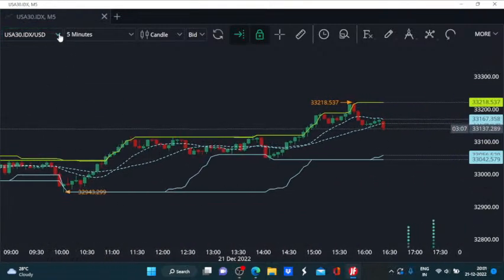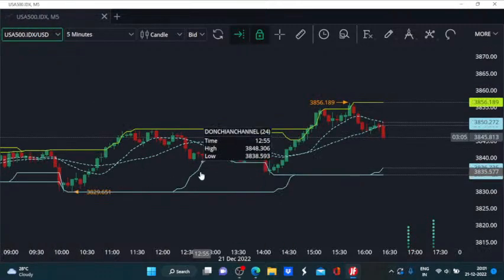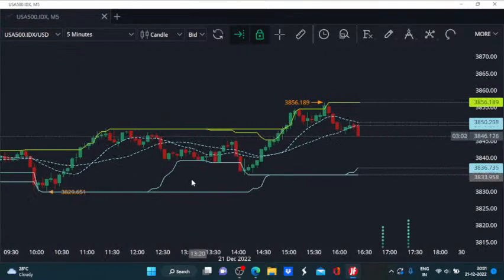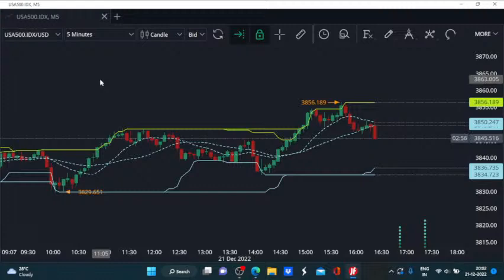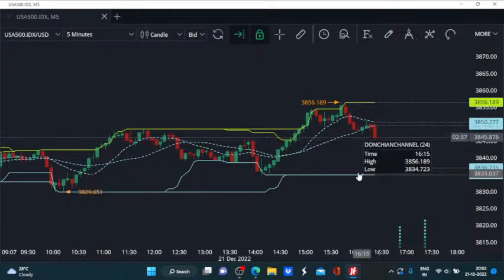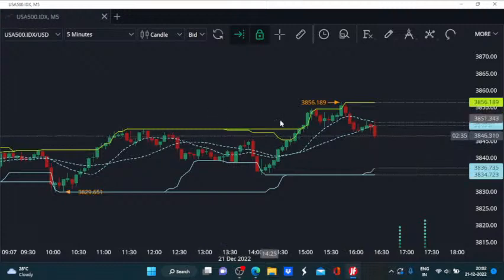So with these two contrasting indices, we have to be careful. And I think for the next couple of minutes, we are likely to see higher volatility as the US session is going to get underway. It has already started, and as a result of that, the volatility is going to pick up, and how things shape up in the next couple of hours is going to be a defining factor for the rest of the session also. So watch out for this immediate swing high in the S&P 500,